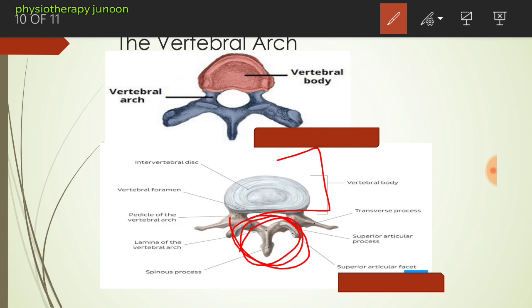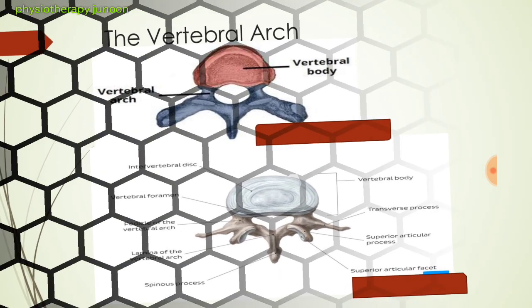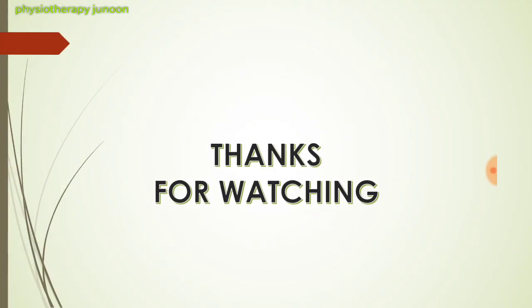These are some articulations on the cervical vertebra, and they will help us to assess the movements of the cervical spine, what degree of extension, flexion, and rotation. Because after this we have an idea about the assessment part of the patient, and it is easy to assess the patient.